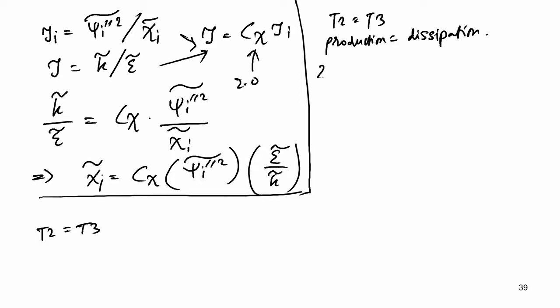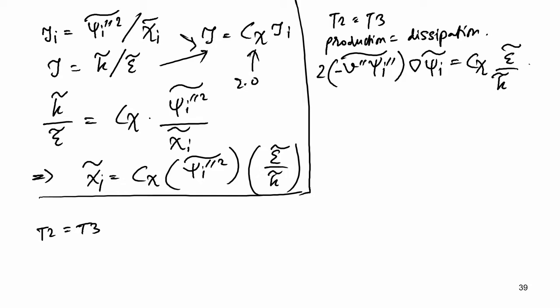We said that if production is equal to dissipation, then the production term is this thing. Okay. So, production is equal to dissipation, and since Dt, the turbulent diffusivity, can be written as